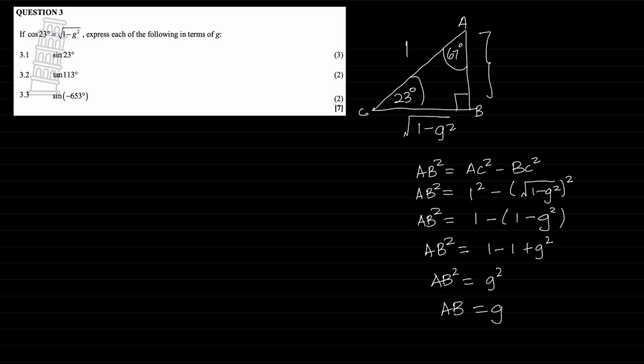Let's then simplify. ab squared is equal to 1 minus, now this square will cancel that square root, leaving us in brackets 1 minus g squared. We can then simplify. ab squared is equal to 1 minus 1 plus g squared. The 1 minus 1 goes away, so ab squared equals g squared. That means AB is equal to g. So this length